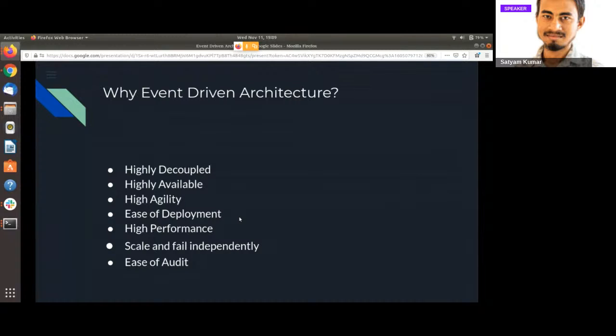We are just going to push service A only to production, and we are not going to touch any other services. So it will ease the pain in the deployment process.